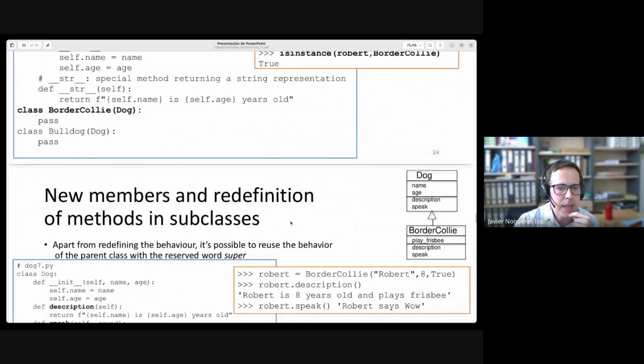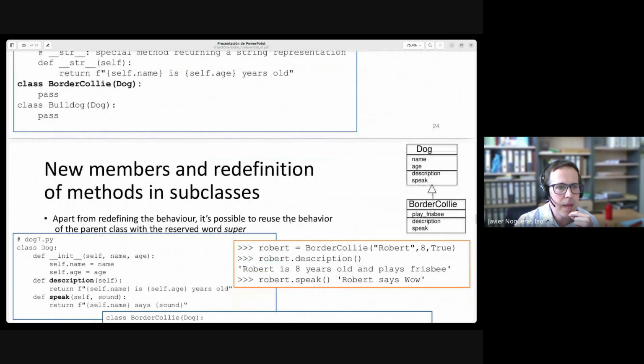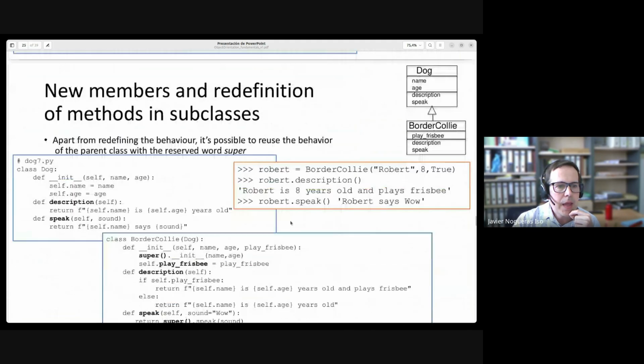More ideas. In the subclasses, of course, I can redefine members. I can redefine methods, and I can reuse the behavior in the parent class. So for example, here, I have redefined the method description and the method speak for the class border collie,